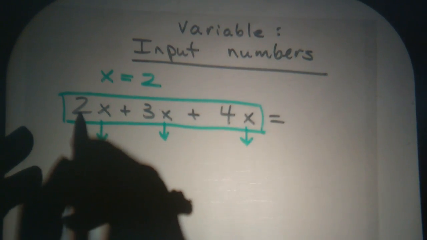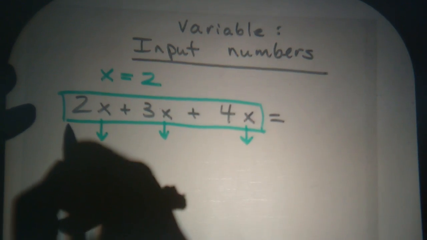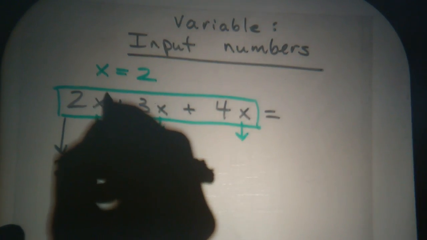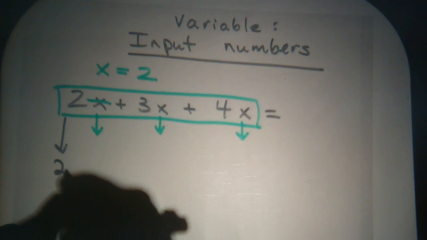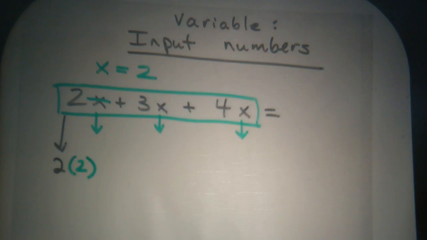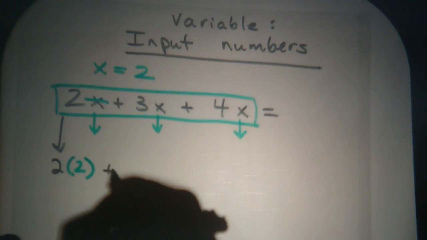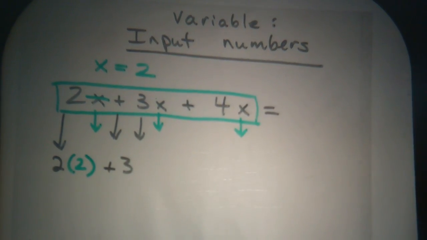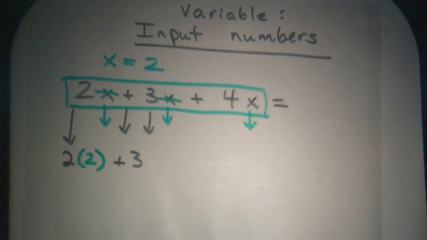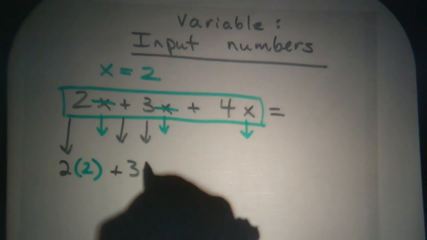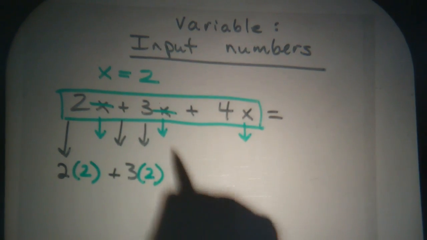So I'm going to just bring down the coefficient of 2 here. And I'm going to substitute what I have for x. I have a 2 for x. So I'm going to get rid of this x and I'm going to put a 2 here. Alright. Then I have a positive 3 plus, bring that down, 3. But I'm going to get rid of that x because I have an x here. What will I do without the x? Well, I'm going to substitute my 2 where the x was, it is now going to be replaced with the 2